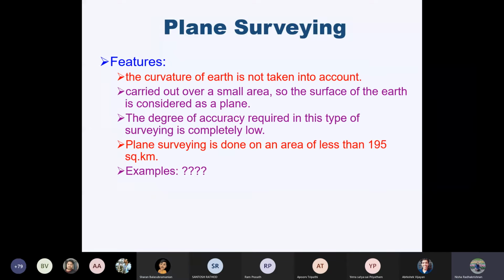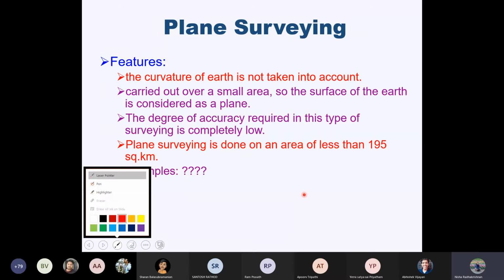Right. So this is what, as you had mentioned, it's the spherical surface. We call it curvature. So that word you should be very clear. You can't use colloquial words like spherical surface and all that. It means that the curvature of the Earth is not taken into account. So when you mean curvature of the Earth is not taken into account, it means that the distance between 2 points that you measure will be small.